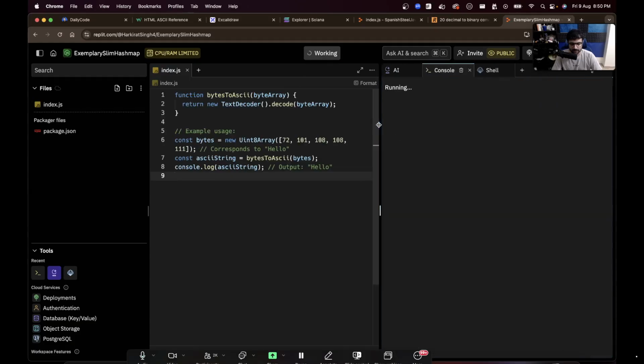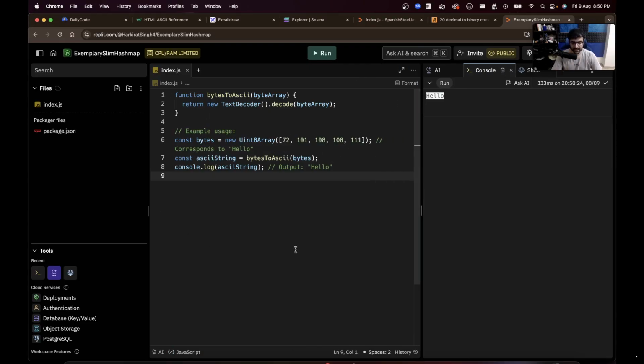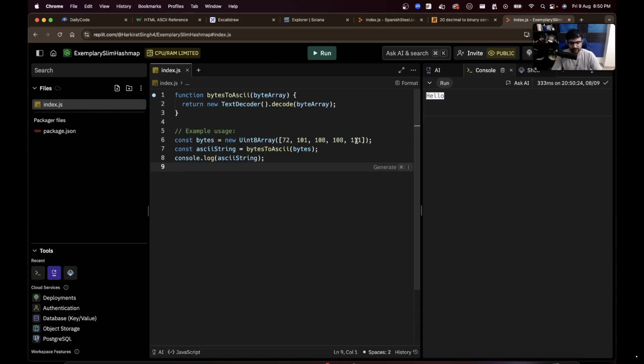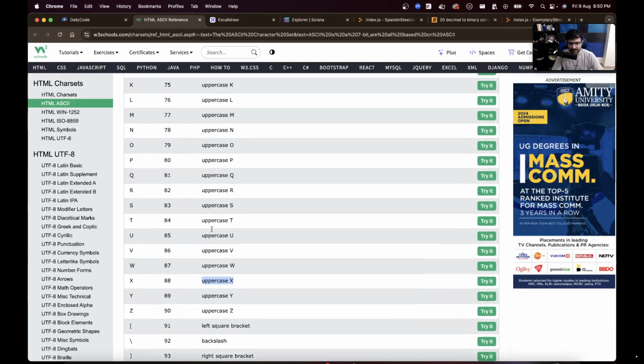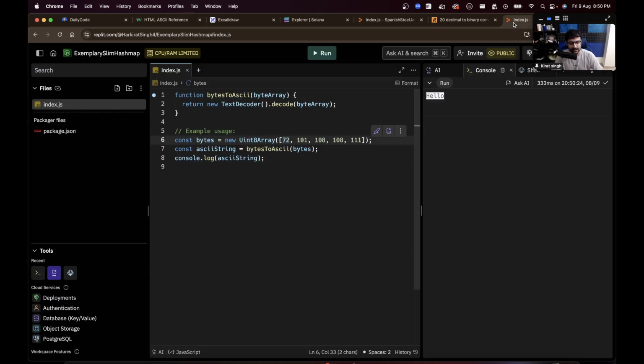If I run this code, I see hello over here. Now, do you see hello in the code anywhere other than the comments? No. I only wrote a bunch of bytes: 72, 101, 108, 108, 111. 72 represents capital H. If I go over here to the sheet that we saw, what is 72? 72 is capital H. I wrote my hello in the form of bytes, and then I converted the bytes over